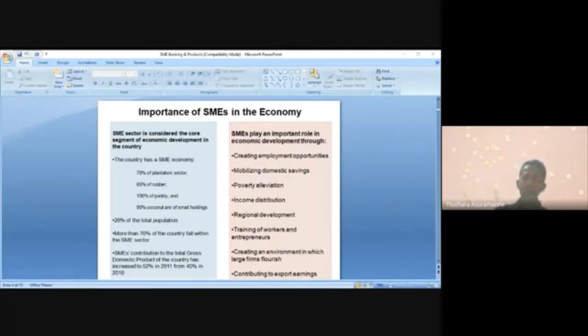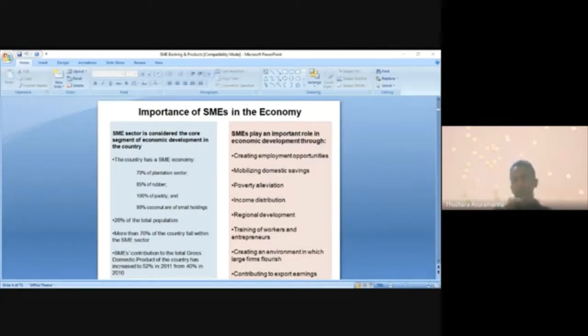Very good point. Income distribution, that's another very important point. If you take a few players in the country, yes, they generate money, they save money and invest money. But it has not been distributed among the rest of the community. When SMEs are doing the job, they are like 80% in numbers, so the money flows from one to another because they are in so many business activities. So the income is distributed among everybody.